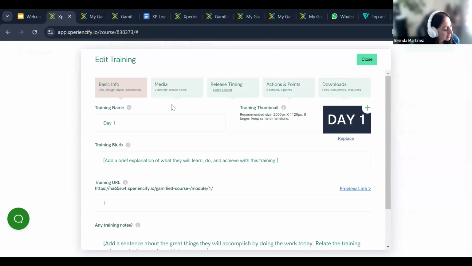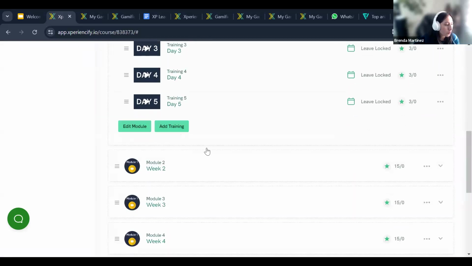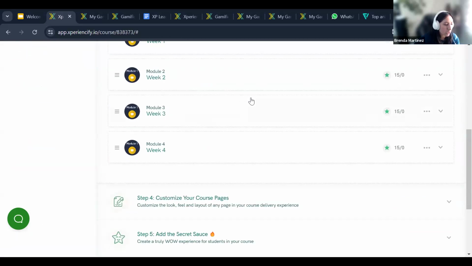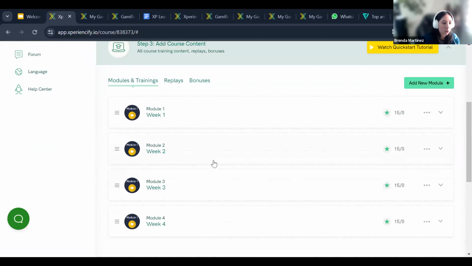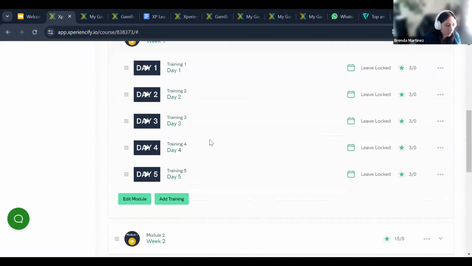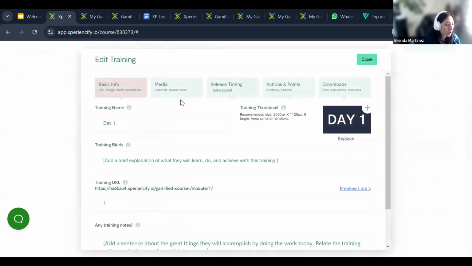You can create, for example, a module with the complete week, right? In this case, in the gamified course, we have 4 weeks. I don't know how long your course is going to be. 4 weeks is fine. Okay, great. So each week contains the 5 days of the week, and what you can do is, every day you set up a prayer, but you will need to add an